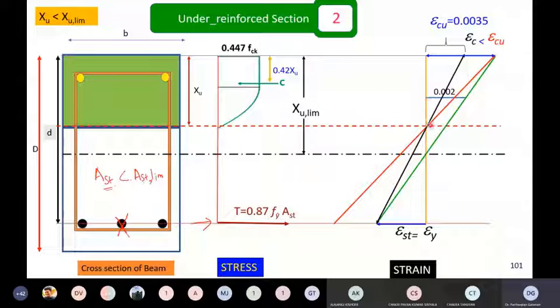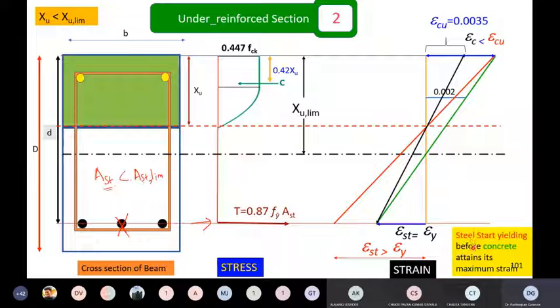At that time, we will say that the structure is entirely failed. So initial failure is due to steel, but the final failure will always be by the concrete only. Okay, so in an under reinforced section, steel starts yielding before concrete attains its maximum strain. This is the first important thing to remember. This is under reinforced section. Okay, now